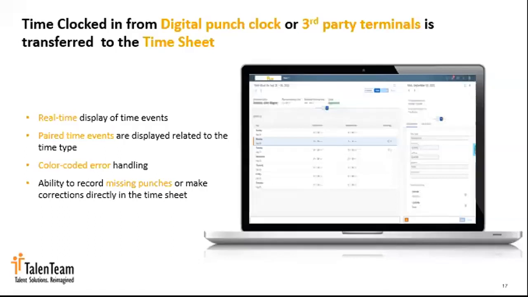Ability to record missing punches or to make corrections directly on the timesheet. Here you can directly go and edit the existing time recording, and simply amend it if something is required. For example, if the time recording from third-party terminals is already integrated to Timesheet, which is the time tracking system, and you want to regularize that particular time attendance, which is already recorded in the system, you can simply go and edit the time recorded in the system